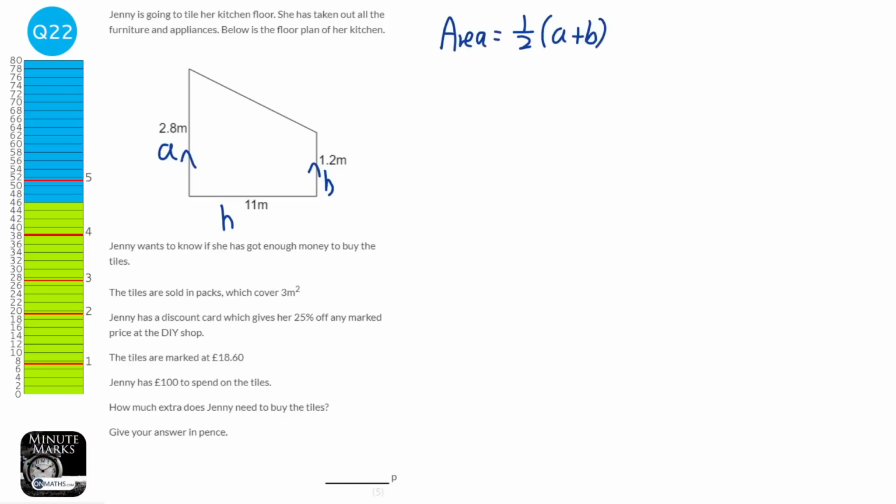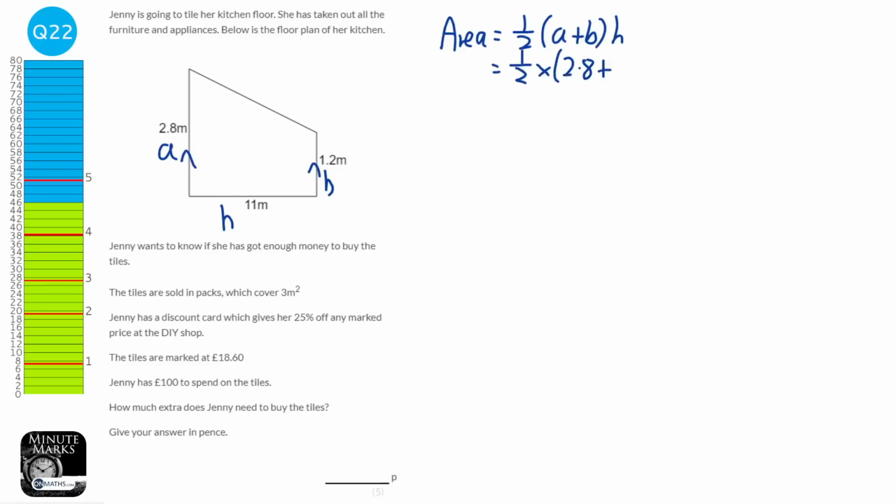The first thing we need to do is work out the area of the floor, and you'll notice that this is a trapezium. So with a trapezium, the formula is half A plus B times H, and A and B are the parallel sides, so these ones are the parallel sides, and the height is the one connecting the two bases, the two parallel sides. So we're going to start off by writing down the formula, so it'd be half A plus B H, so half times